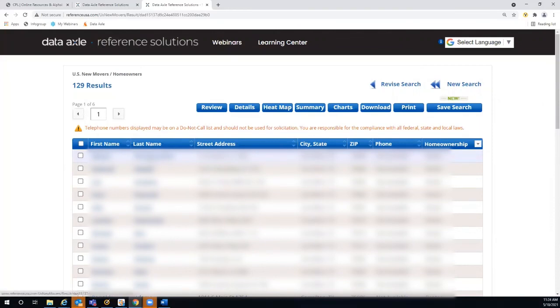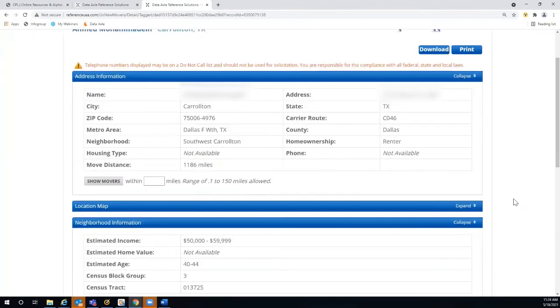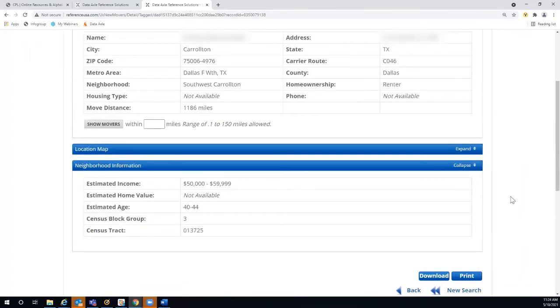So let's look at this first record. So I have this address information. This person moved from quite a distance, 1,186 miles away to come into Carrollton. Then I have that neighborhood information. And again, there's that age information based on that census information that we're looking at to provide that. So some great insight in terms of being able to identify these new people in your community